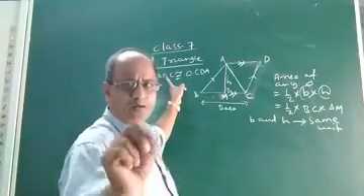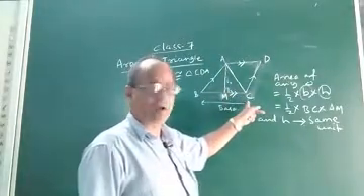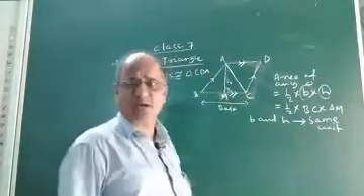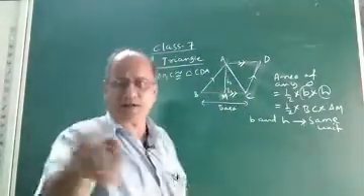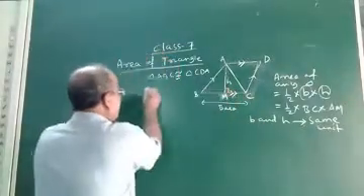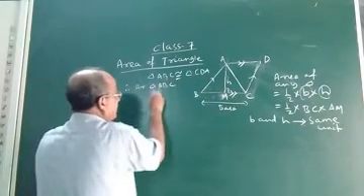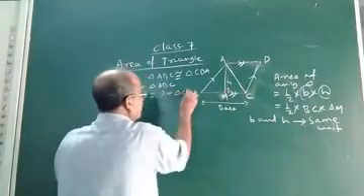Okay. So now, triangle ABC can easily be proved congruent to CDA. There is no need to prove it now. With the help of congruency, by joining the diagonal, we can easily prove that triangle ABC and triangle CDA are congruent. Now if they are congruent, as I said just now, they are equal in area. Therefore, area of triangle ABC will be equal to area of triangle CDA.